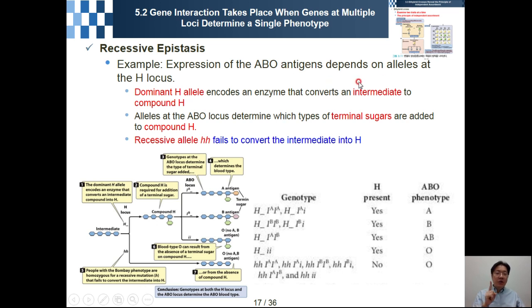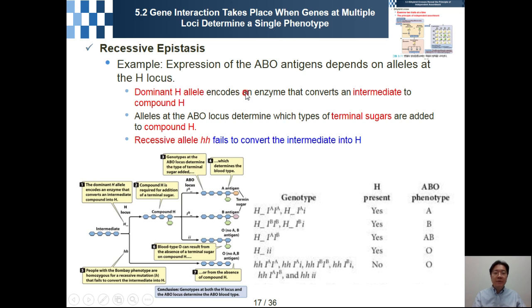The gene that encodes the H locus, the allele H, is located on chromosome 2. So they will follow independent assortment. Maybe their final phenotype will be 9 to 3 to 3 to 1, but the dominant H